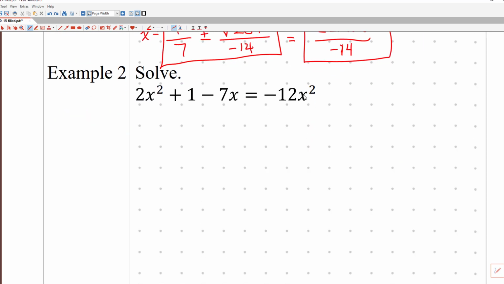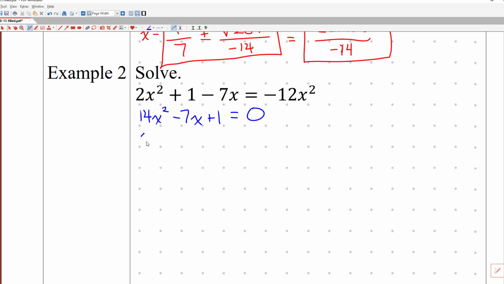So again, I need to move this 12x over, so I'm going to add 12x squared to both sides. So 12x squared plus 2x squared is 14x squared. And the next thing that's going to come is the negative 7x to be in the correct order. So minus 7x and then plus 1. That's set equal to 0. I have it all set up, so I know my A is 14, B is negative 7, C is 1,